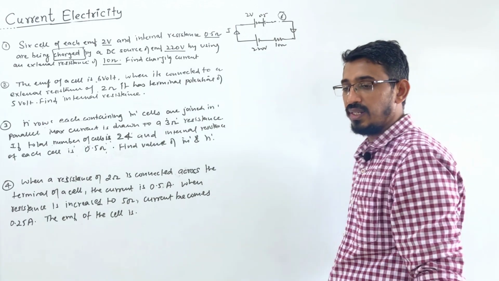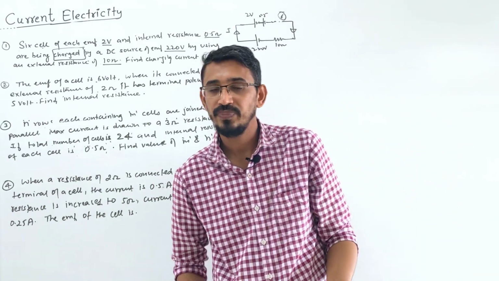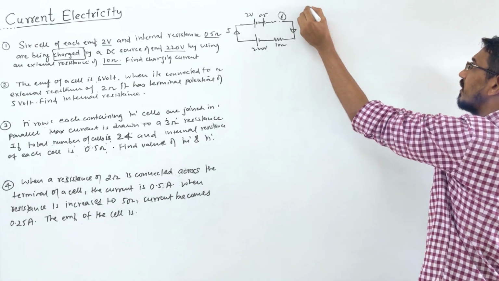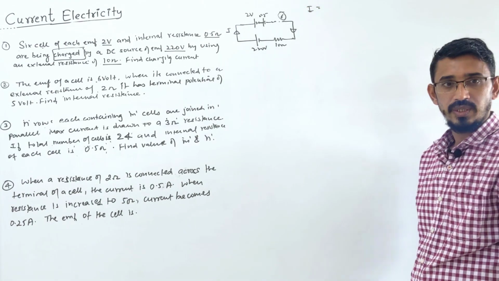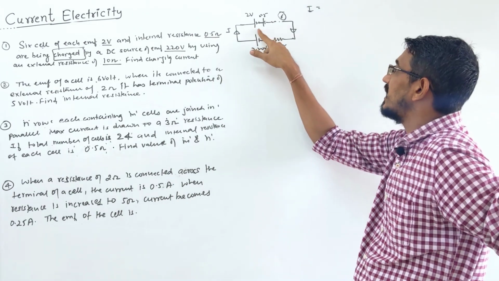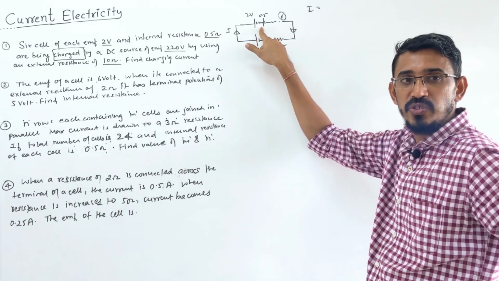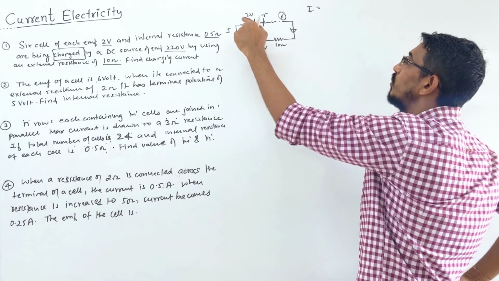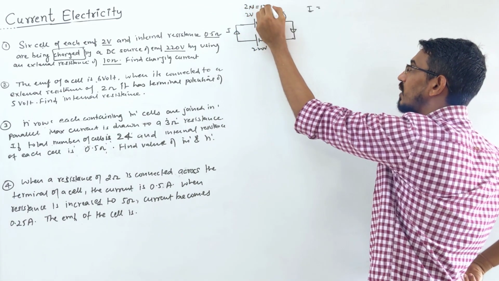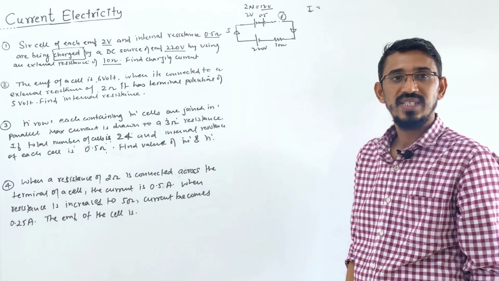Okay, you can solve directly, or you can apply Kirchhoff's law. How? Let's solve first directly. Look, what is the current? Net potential by total resistance. What is the net potential? 220 you are supplying, and the cells are getting charged, so they will consume some potential. How much? 2 volt for each, and we have 6 cells, so 2 into 6 means 12 volt. That's the potential these cells are consuming.